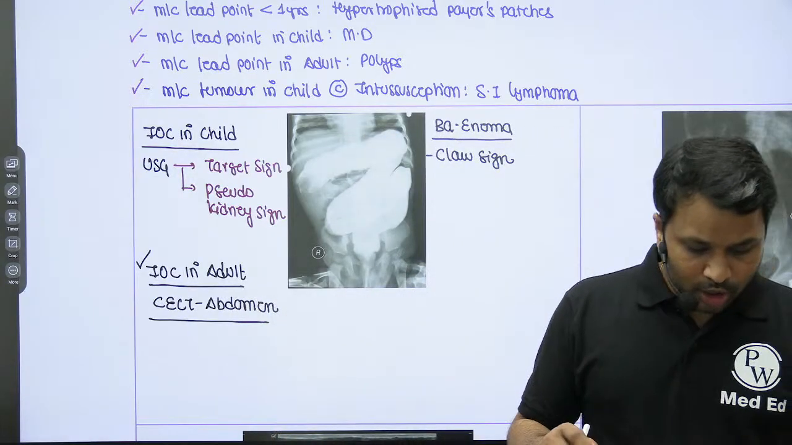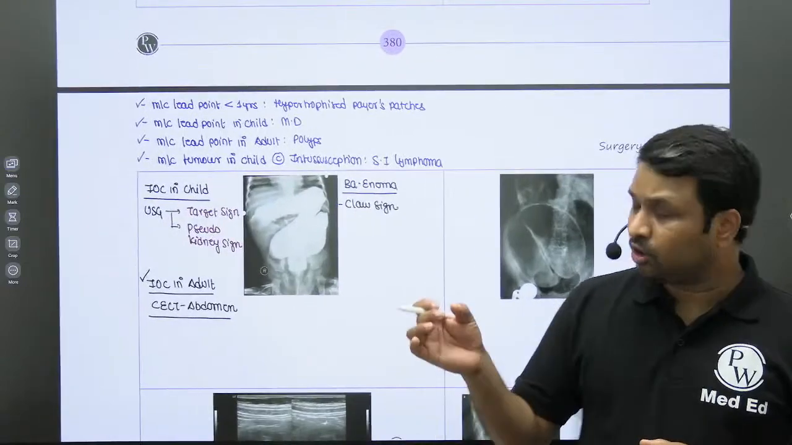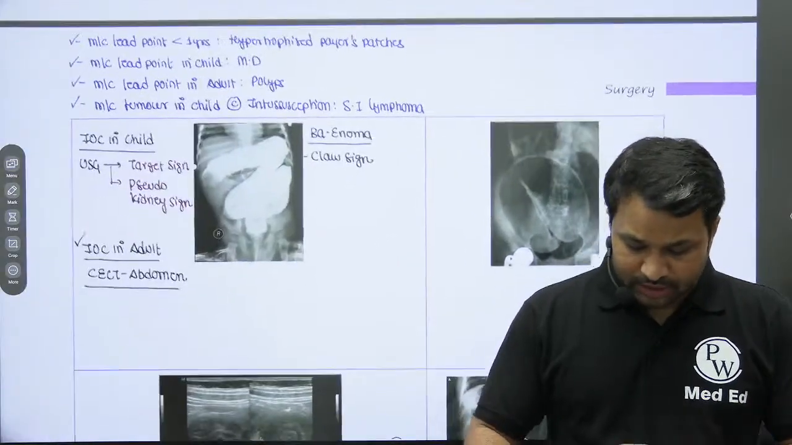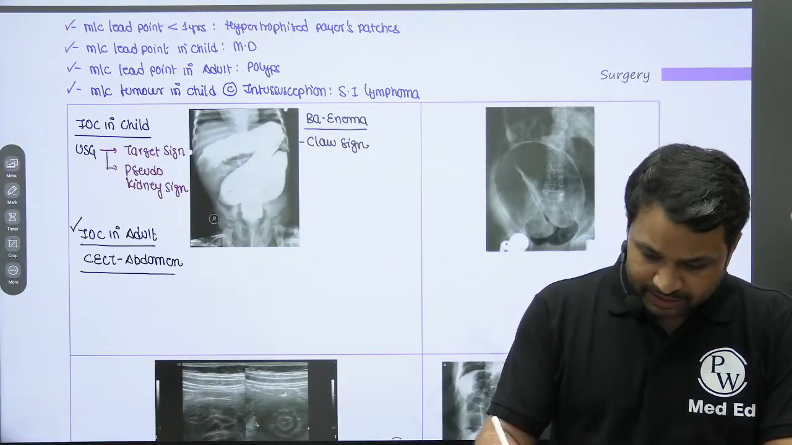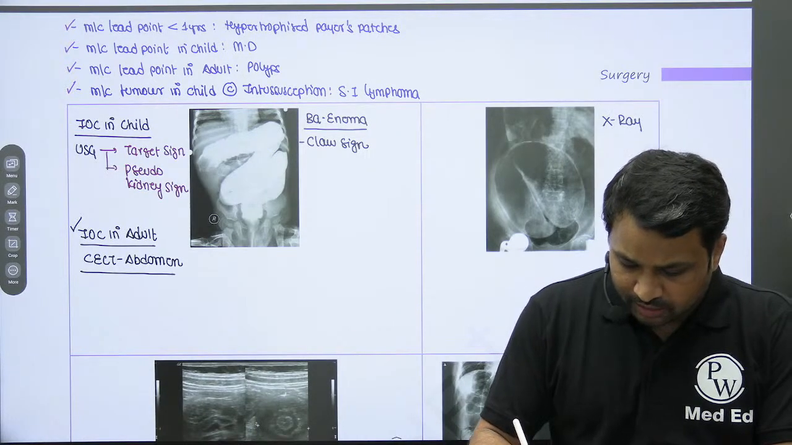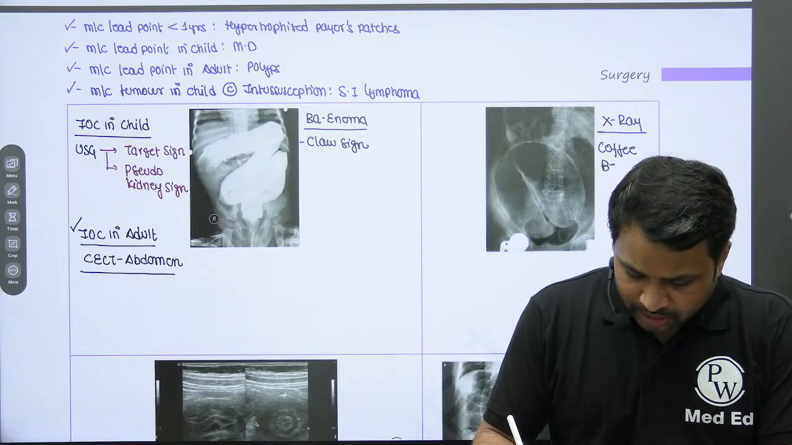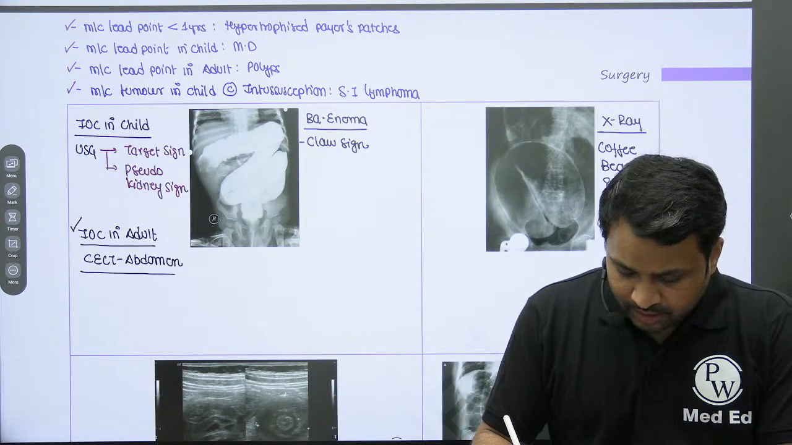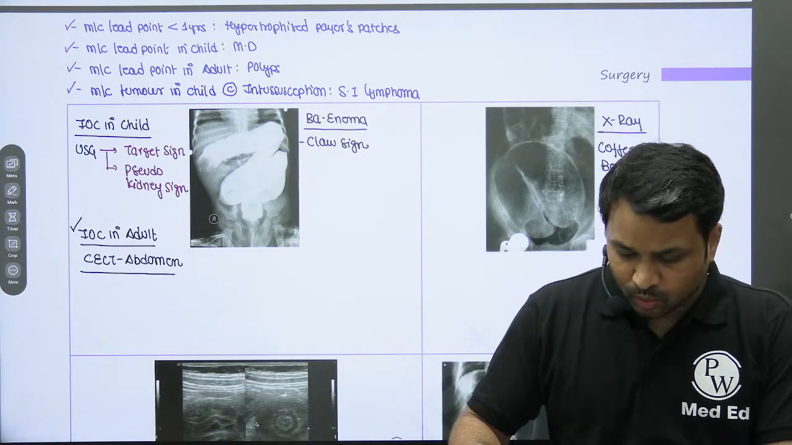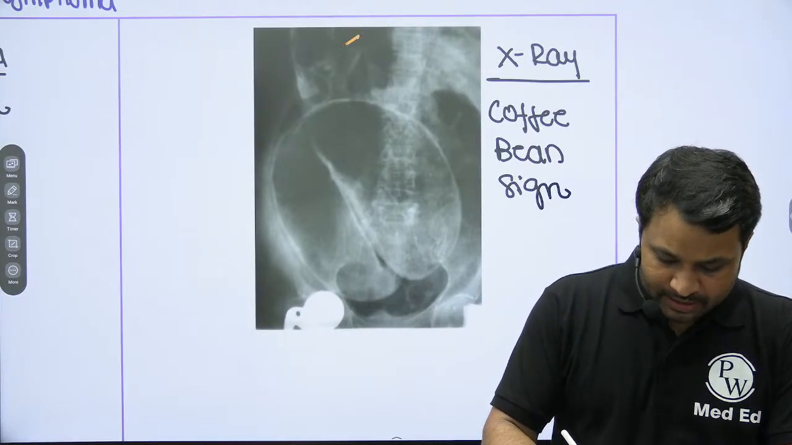Okay? On the other hand, when you talk about volvulus, if you look at the basic X-ray finding in a volvulus, it would be the coffee bean sign. Now, there are two types of volvulus. I don't want to overburden you with information, but if you take this as a representation of the abdomen